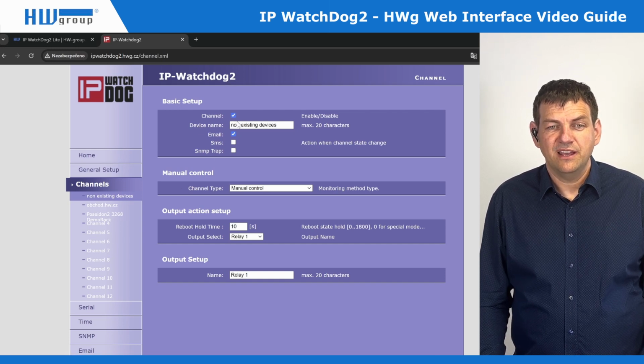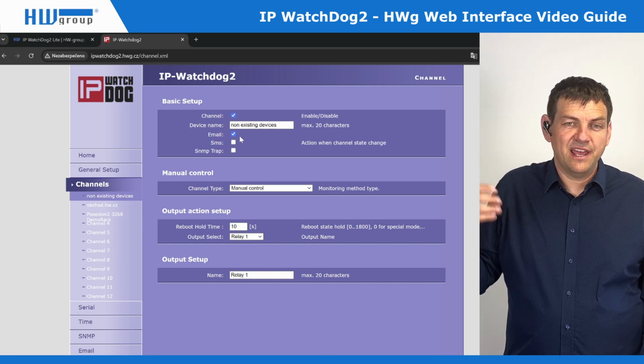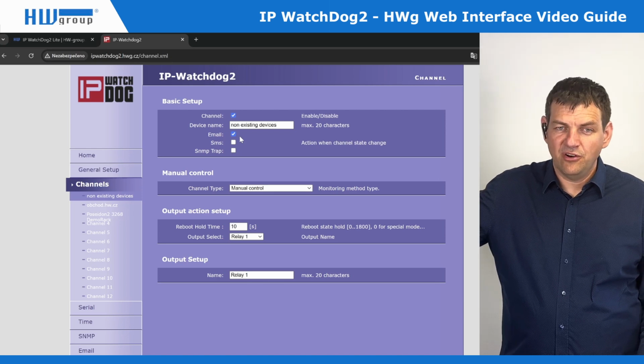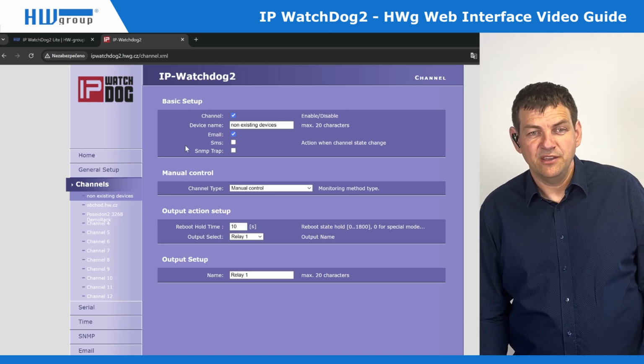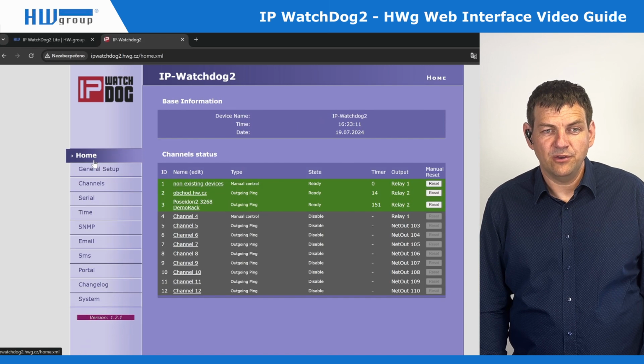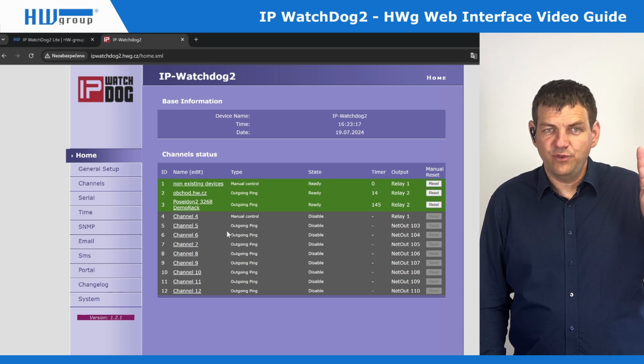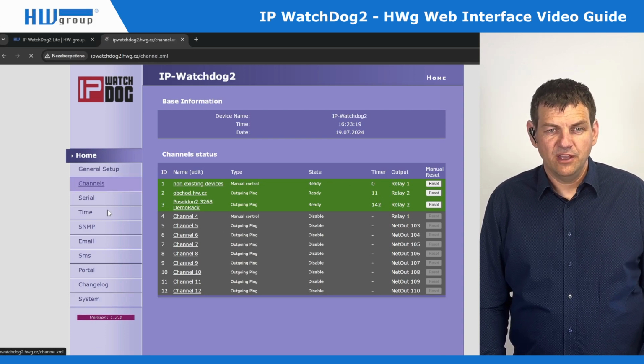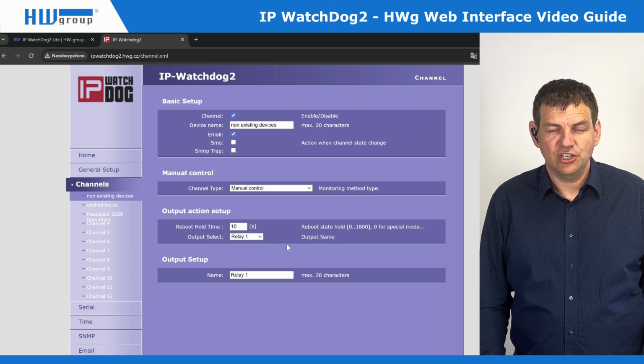Each channel can be a relay output, or a remote relay output on another device, or things like that. You can see that all these channels are listed on the main page. So if I go to the main page again, here are 1 to 12 outputs, even though the device has only 2 physical outputs. Fine. So this is the channel definition.